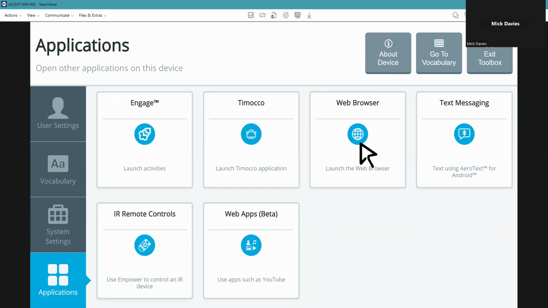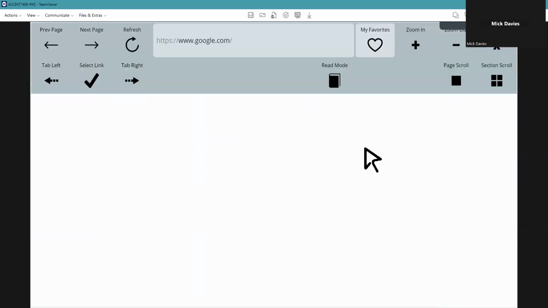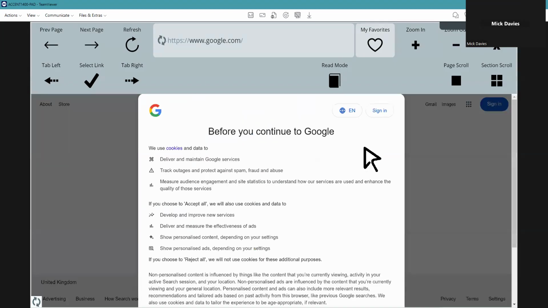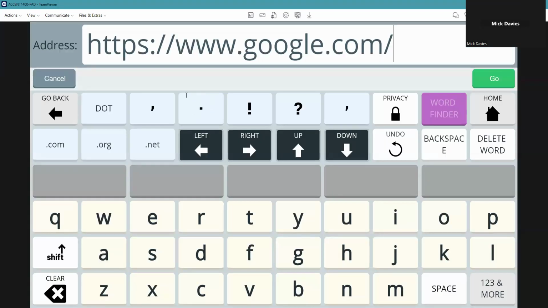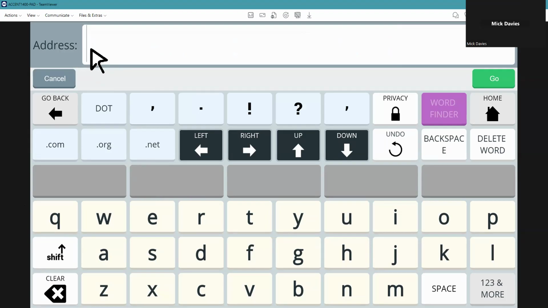The next one is web browser. So I'm going to go into my web browser here. Just accept those cookies. And that's accessible via these tab links as well. So I can always tab across to accept cookies, select the link, and that will get rid of that message. So for the purpose of this, I've got a few different ways to be able to search for a website. I can press this bar at the top. I can clear that out and it searches Google. So if I just go with BBC and press go,